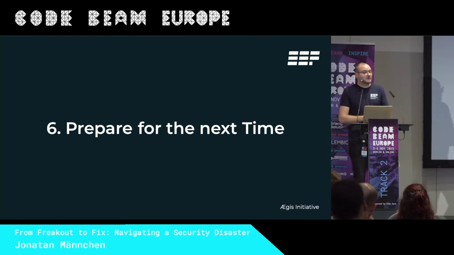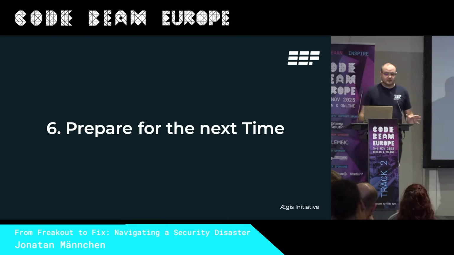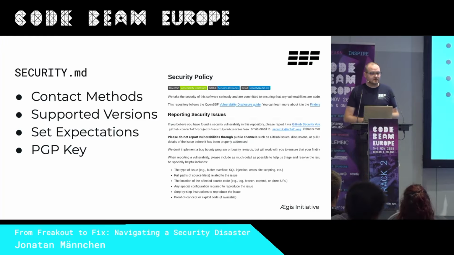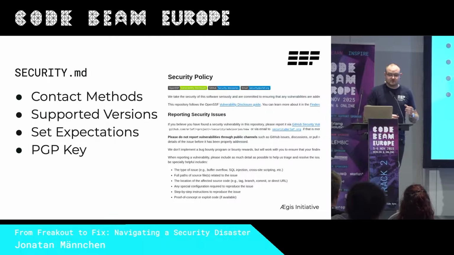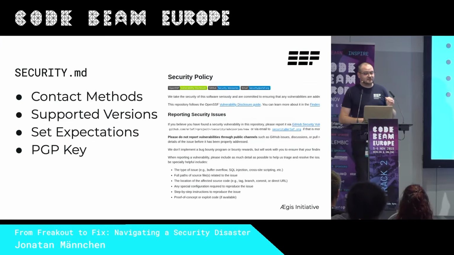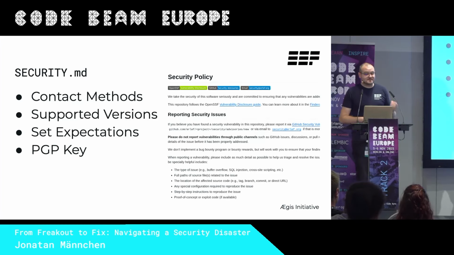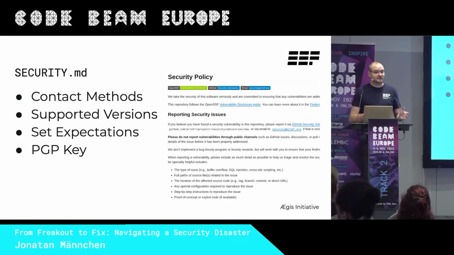Finally, let's talk about preparation. We've just weathered a storm, and now it's time to shore up our defenses so that the next incident is less of a panic and more of a practiced drill. A SECURITY.md file is your playbook for when trouble strikes. It should first list an email and link directly to your GitHub security advisories if you support that, so that reporters have a direct channel to report vulnerabilities privately to you. Next, you should specify supported versions, so which releases you'll provide patches for, so that your users know if they're in scope or out of scope when they're using your software.